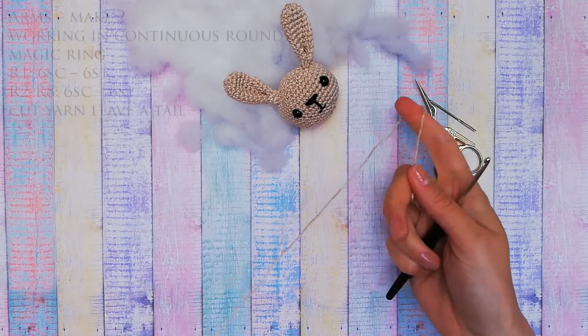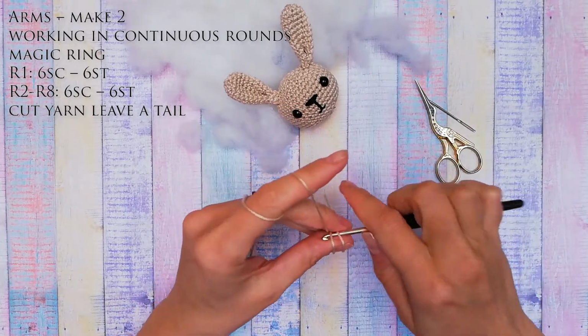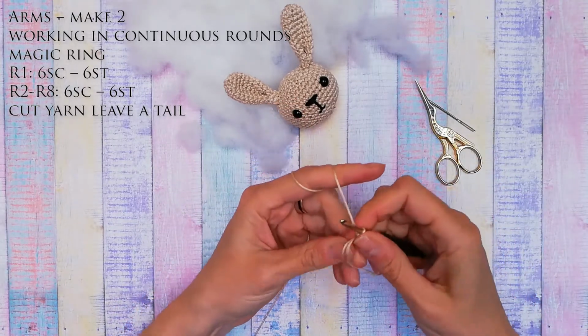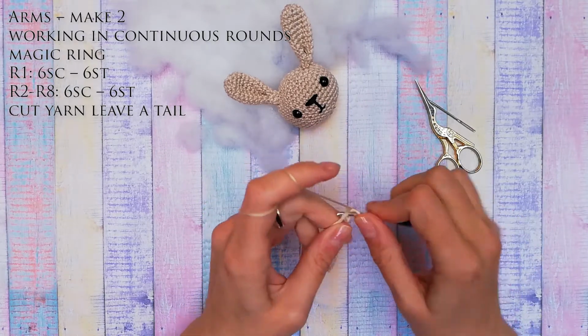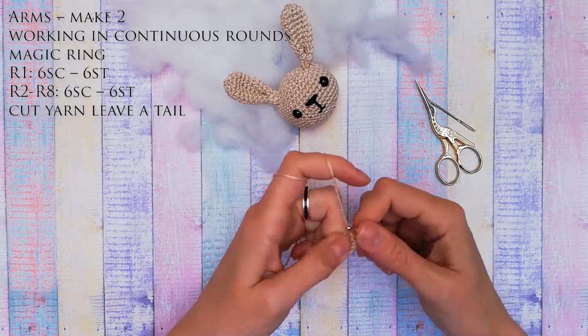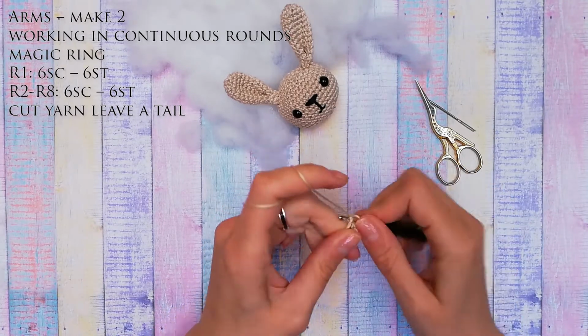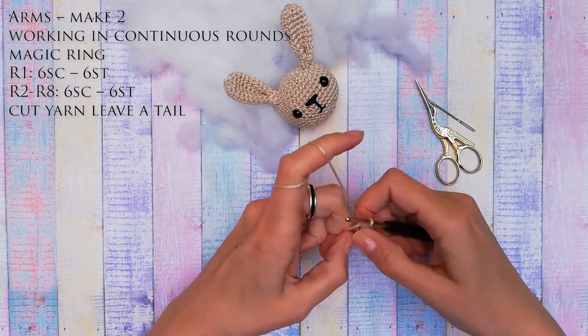So let's begin with first the two arms. I'm gonna start with the magic ring. In that magic ring I'm gonna do 6 single crochets. 1, 2, 3, 4, 5, 6. Now I'm gonna close up the magic ring